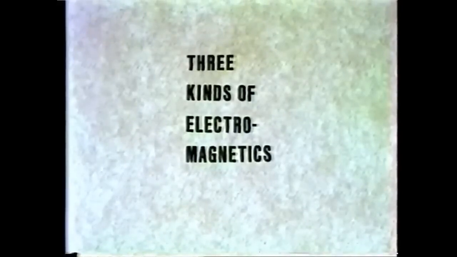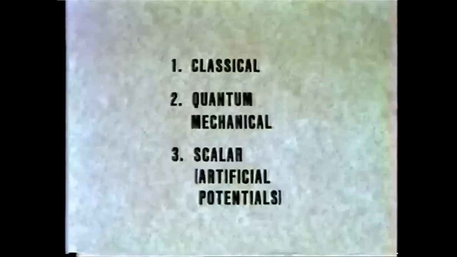The first thing I'm going to have to tell you is that there are three kinds of electromagnetics, and only one is being used today in the Western world. The first kind is the kind we all study as electrical engineers, and even us nuclear engineers study a little bit of it. And it's classical electromagnetics. The foundations of that go back before the Civil War. It's quite old, and there are serious flaws and many errors in it, as is quite well known in a few circles.